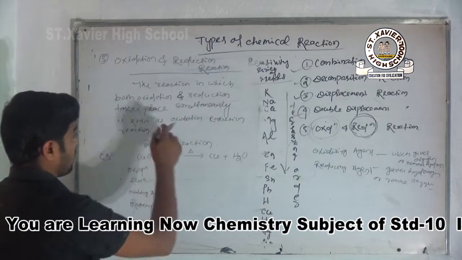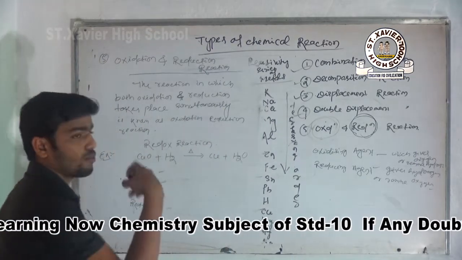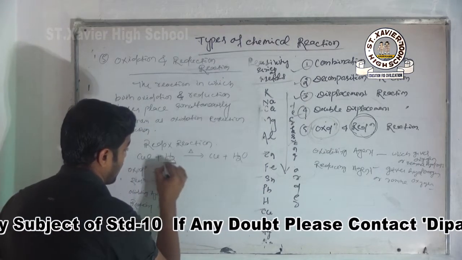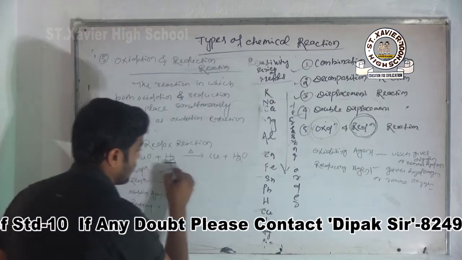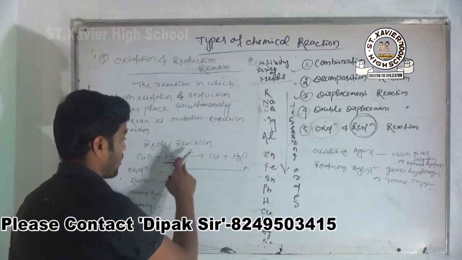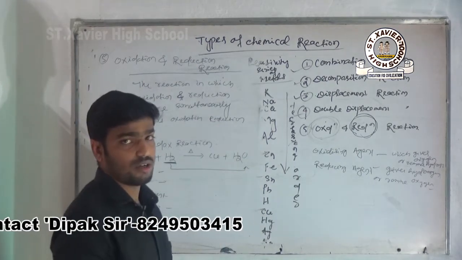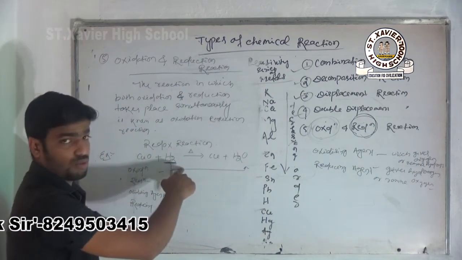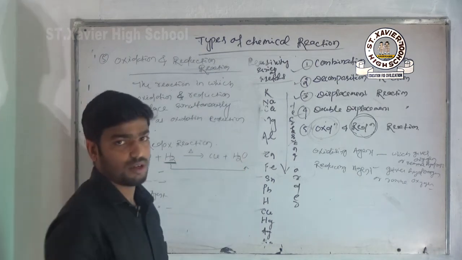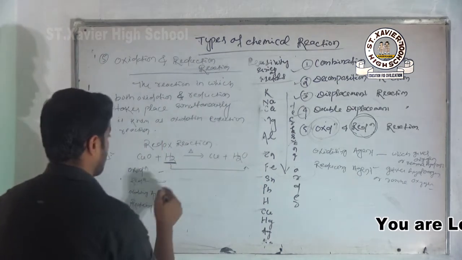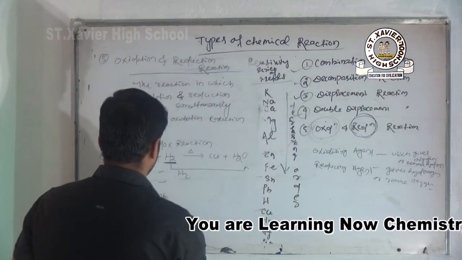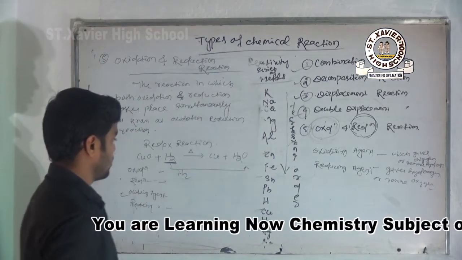So oxidation comes to the definition, addition of oxygen or removal of hydrogen. So just compare here. Here reactant side hydrogen is single, but in product side now it will be its new form, that is water. That means after addition of oxygen it will convert into water, H2O. Previously it was only H2 and now it will be H2O. Yes or no? So oxidation किसका हुआ? Hydrogen. Addition of oxygen.